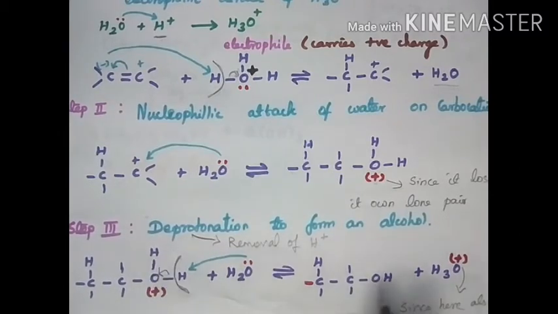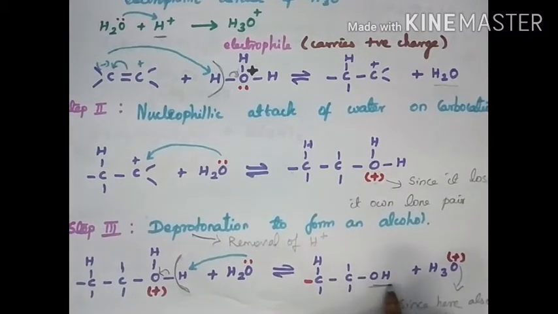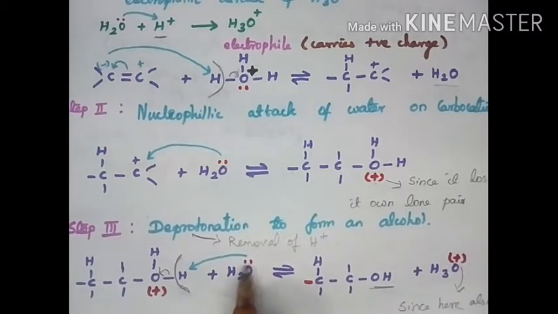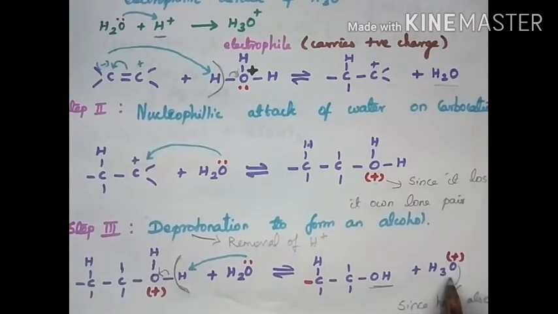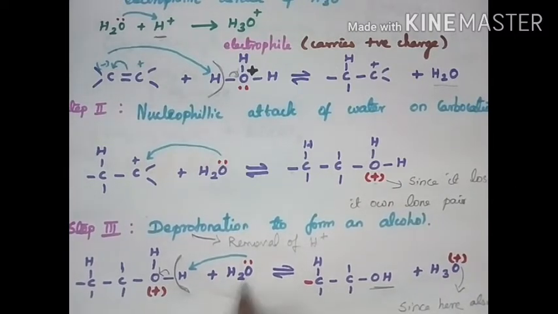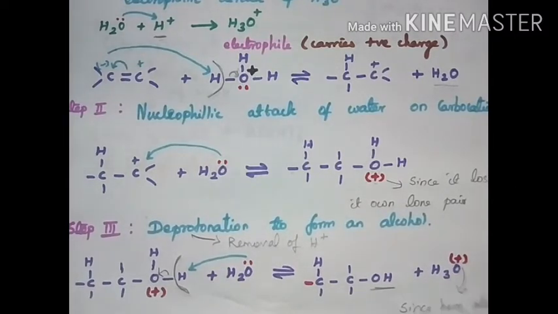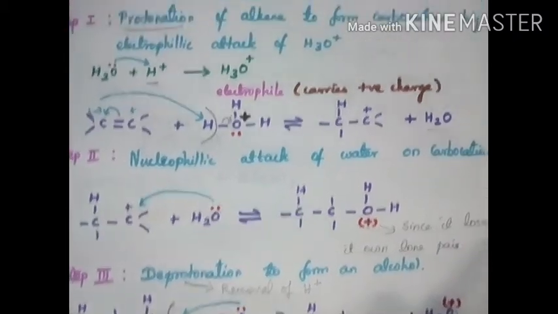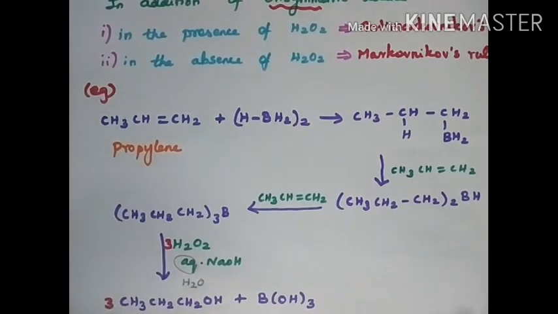We have OH. So be prepared. Alcohol. Hydrogen loses, no? Oxygen loses 2 hydrogens, so it becomes H3O+. Why does this oxygen carry a plus sign here? Since it loses its lone pair electron here. This is the mechanism of acid catalyzed hydration.